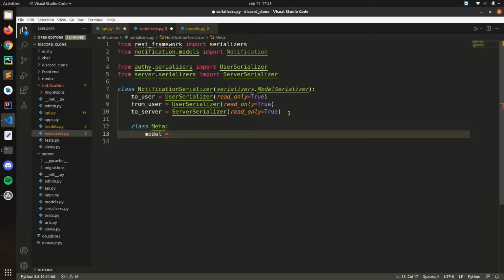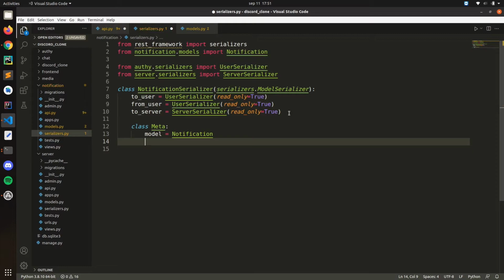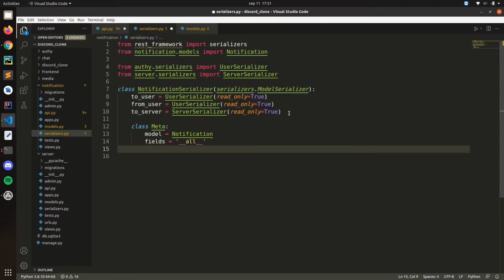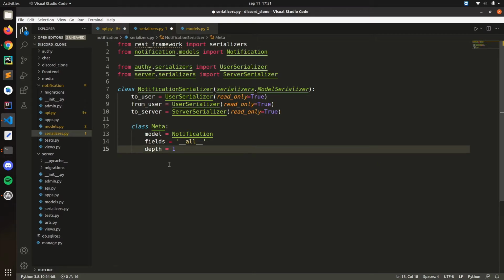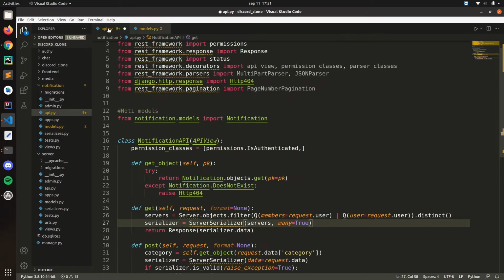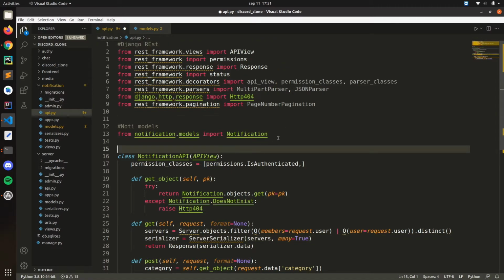Model will be notification. Fields will be all. And depth will be 1, so we can access the user like the profile model. Okay, so we save that. Now we can just copy this serializer. Now go here to our API serializer, and we can just